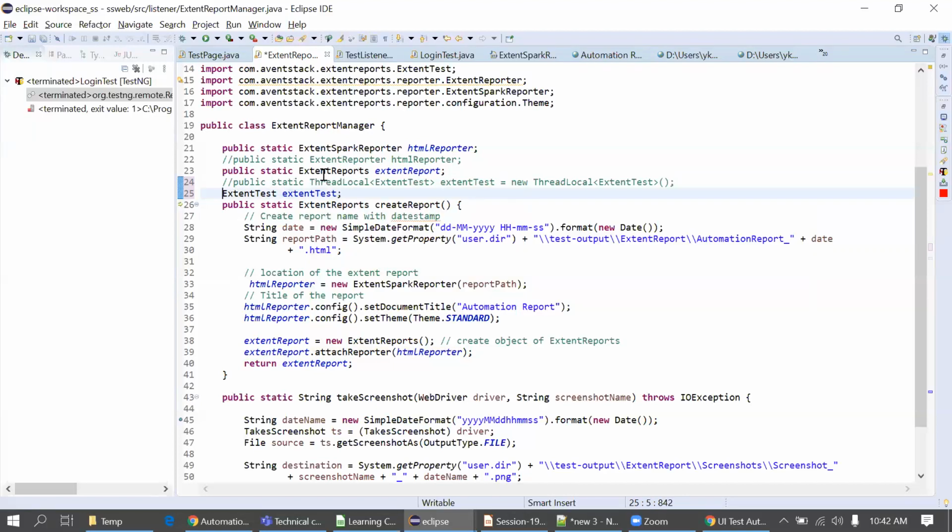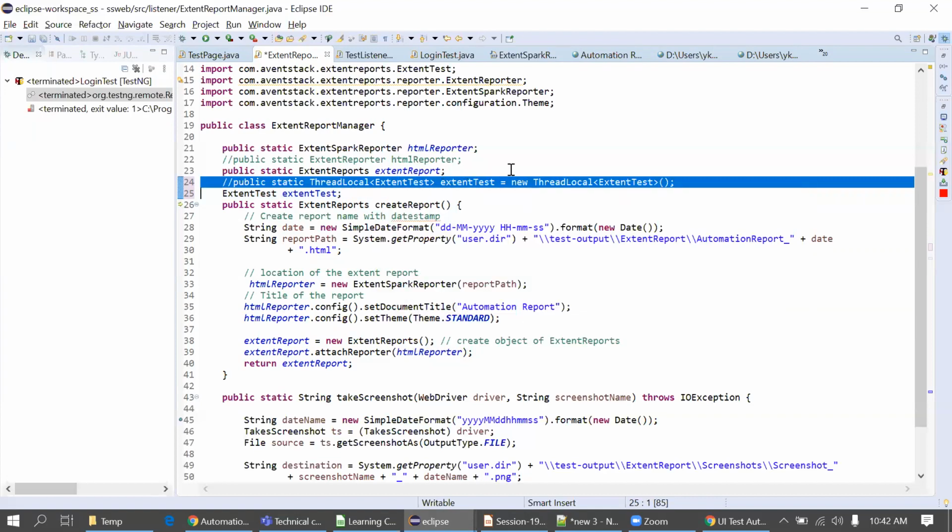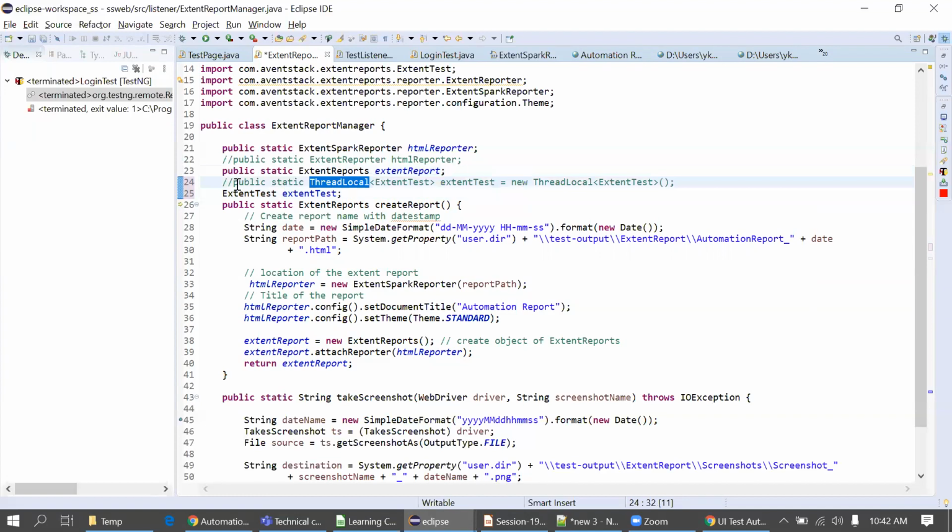Okay, so for every class you can do this. That's not an issue. But in some cases I got a null pointer exception, so that's why I've created one thread here. It will be dedicated only to creating a report. If we don't create that thread, then what will happen? It gives a null pointer exception. At some point I got the null pointer exception at different points, so I think it got interrupted in between. So I thought I need a dedicated thread to generate our report. That's why I created this thread here.